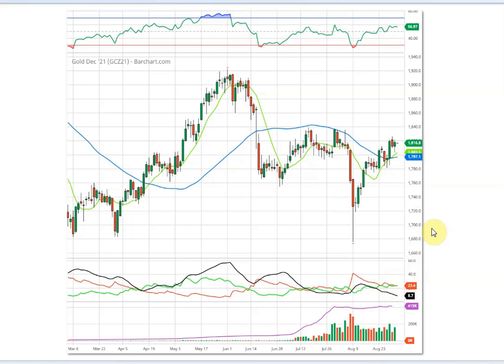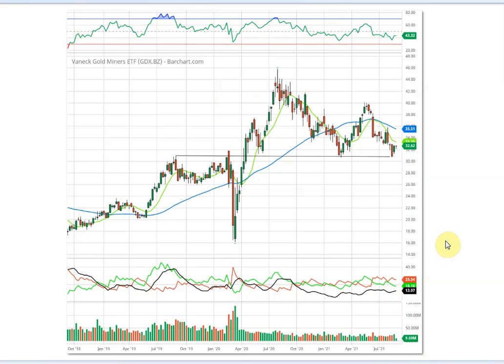Now, if you don't want to take advantage of the actual metal itself, one way to play that is the gold stocks. In this case, GDX, VanEck Gold Miners. It's the ETF that trades in New York. What we see here, one thing that I like to point out, right at $31, give or take, is an important number. It had resistance up here way back in